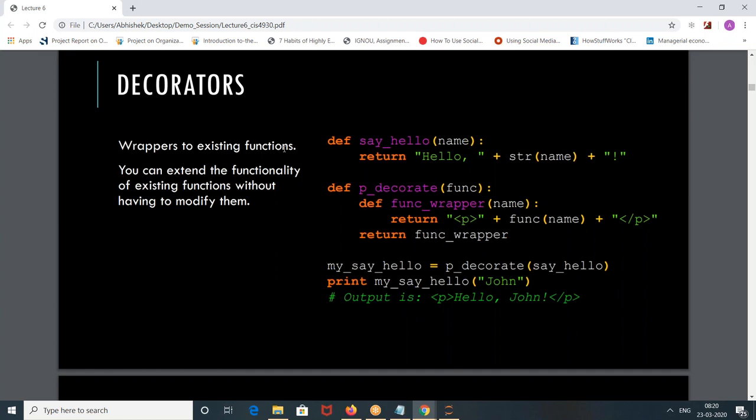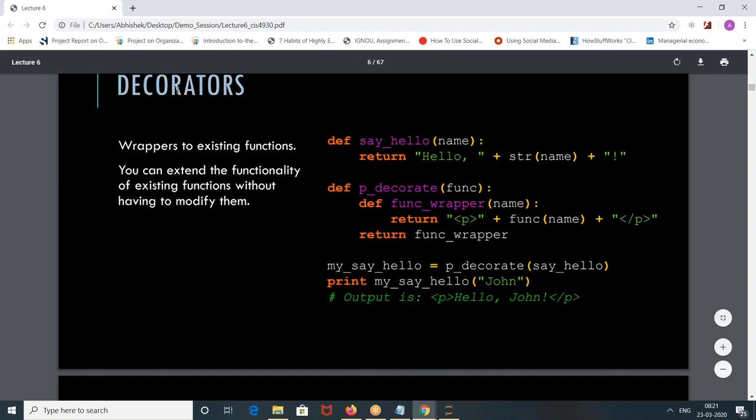A chocolate, suppose a Melody or a Mahalacto chocolate, they don't directly sell it into the market, right? They put a wrapper around it so that there is some protection. So decorators are nothing but a wrapper to a function. A function is wrapped within a function.